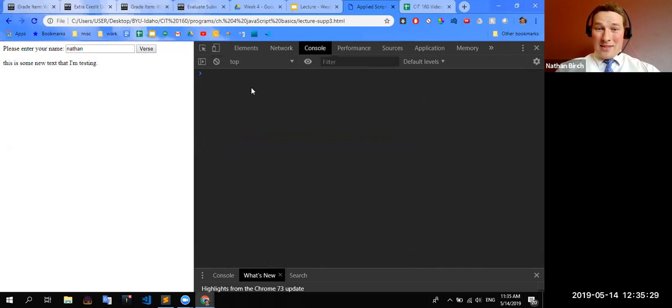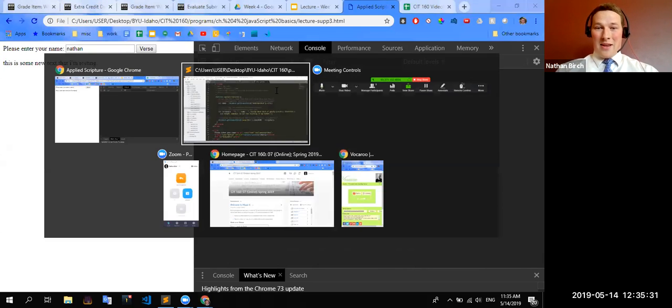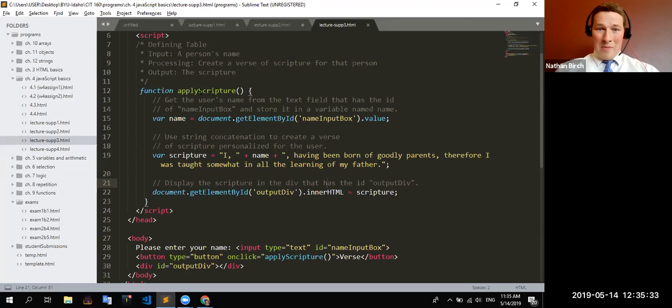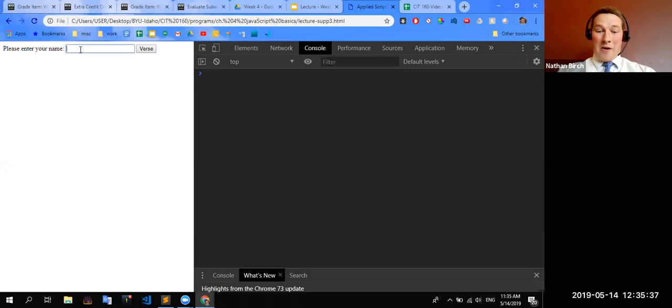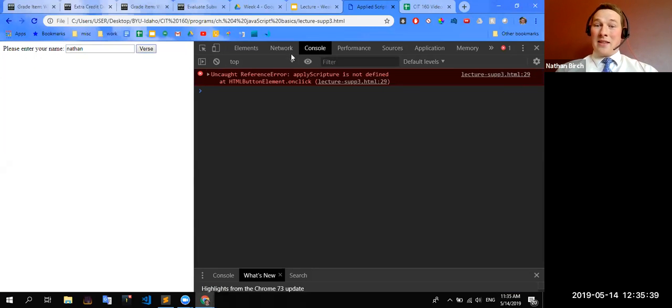The console, that's exactly where we saw these errors. So if I go back in here and change that to a lowercase s or something, that threw an error for us earlier, and you can see that error showed up beautifully right here. People don't like to see errors, but it's better to see an error and to have something not work than to have something not work and not see an error. It's a lot easier to debug if you have something red glaring at you in the face. So that's what the console tab's for.